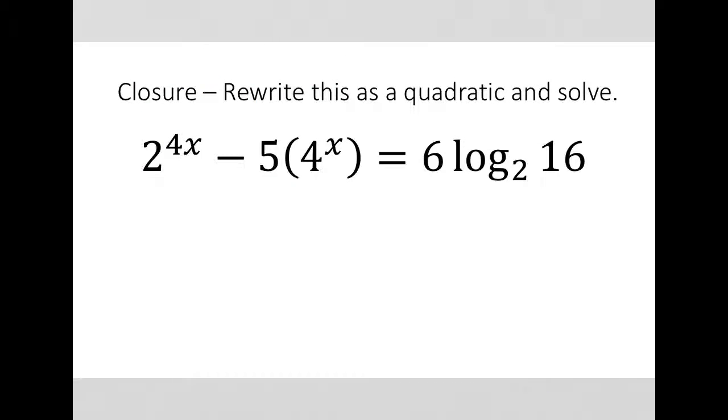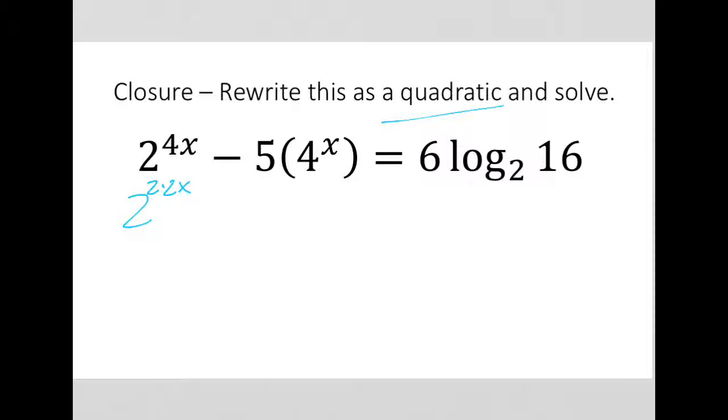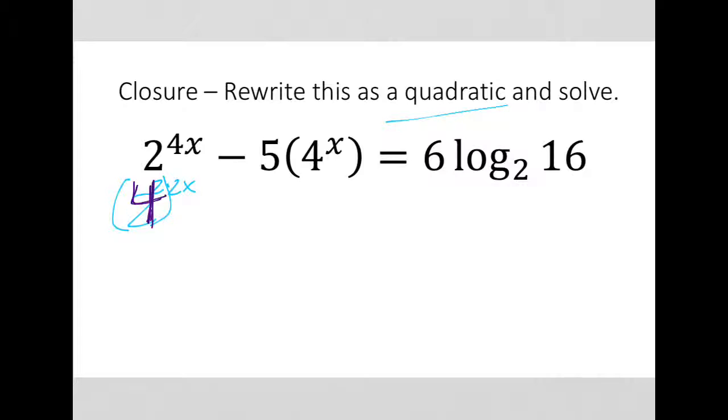And here's another problem. We have a similar thing here, but it's a little bit uglier. So, let's see what we can do. It says rewrite it as a quadratic, kind of like that last one, so let's think about how we could do that. I'm going to get fancy here and say that 4 is the same as 2 times 2, and I still have that x there. And now then, think about rules of exponents. I could rewrite this like that. And well, look, I have 2 squared, and 2 squared is 4. So this is the same as 4 to the 2x,